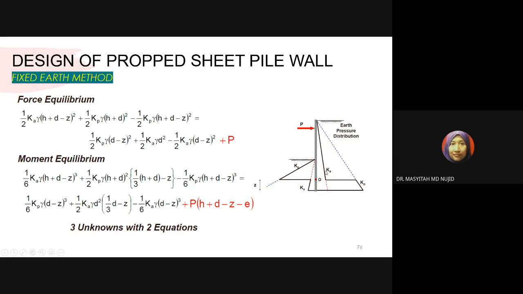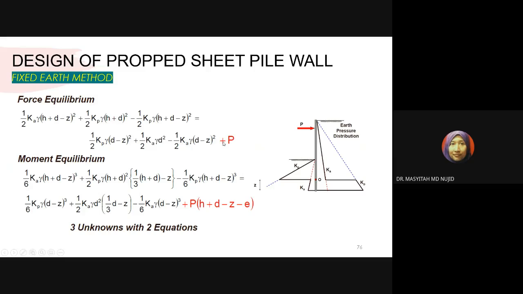Ka gamma of the soil times H from the top to this depth, D embedment depth, Z from the O to the base of the wall. And then when you're deriving for all these forces from all diagrams, don't forget to add the prop force